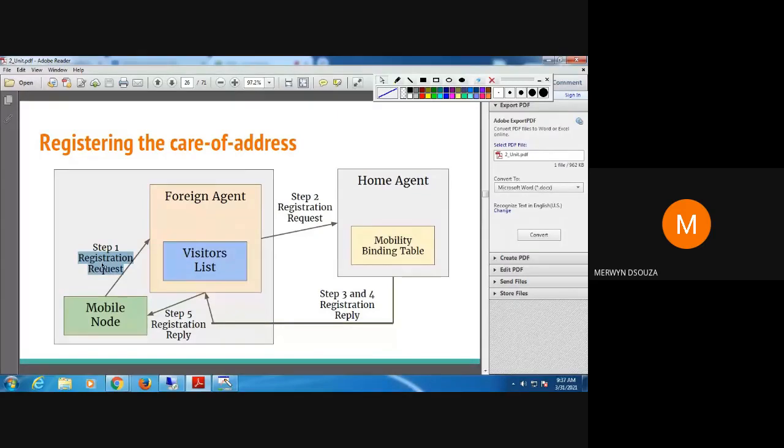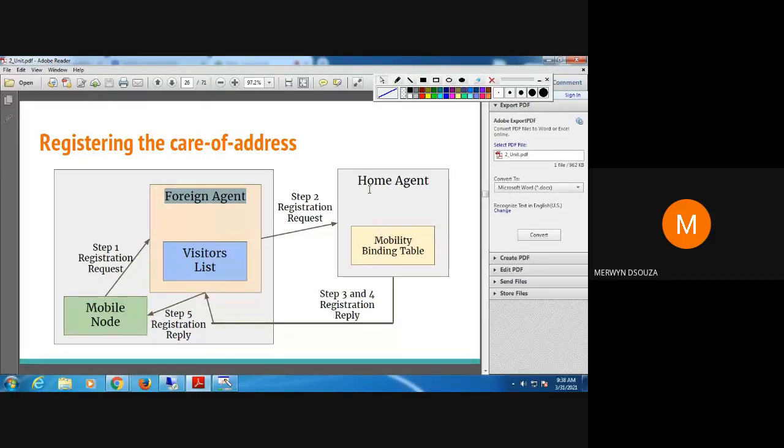This contains the IP address of the mobile node and the IP address of the home agent. The foreign agent then continues the process of registration. It forwards a new registration request message, which now contains the IP address of the mobile node and the IP address of the foreign agent.